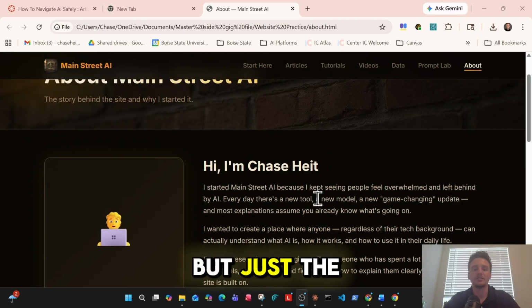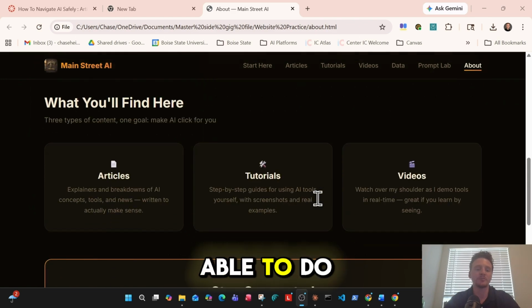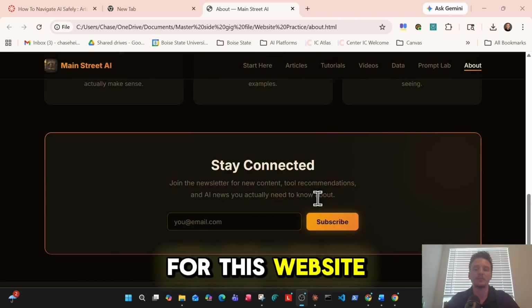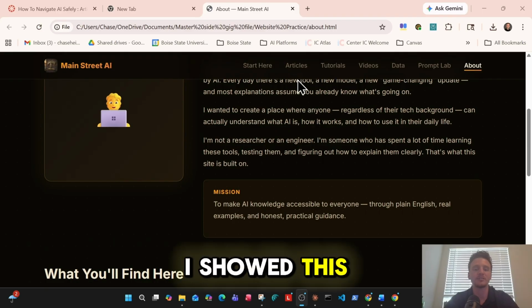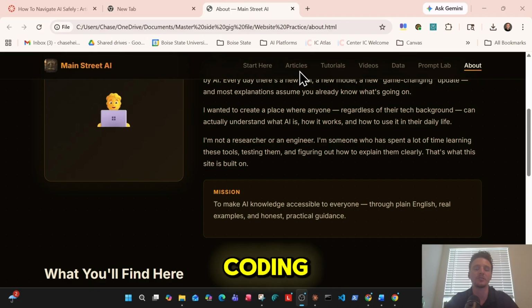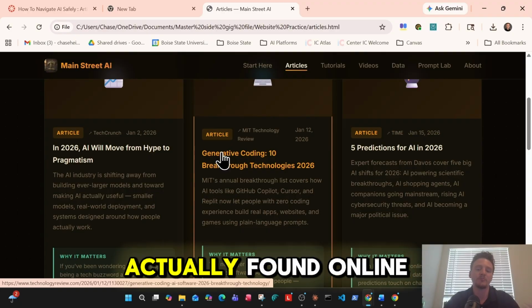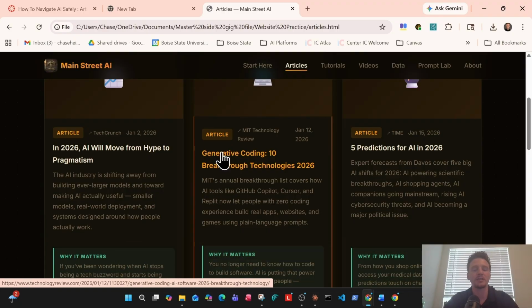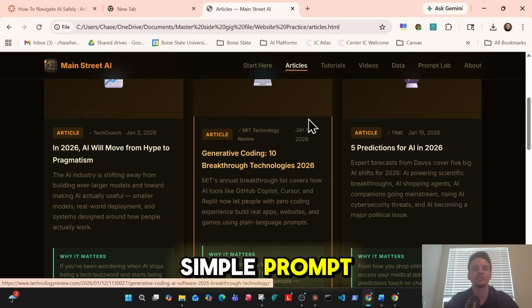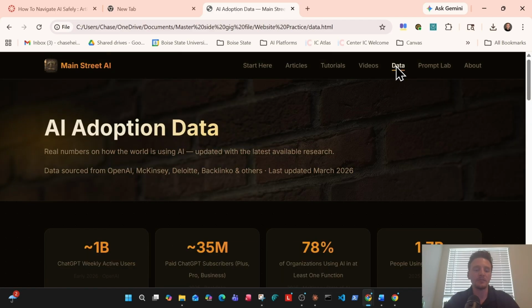But just the amount I was able to do for this website was amazing. I showed this to some of my coworkers who are not too familiar with Claude Code or AI coding. So the biggest thing was the articles. These articles were actually found online and then put into this, all from a simple prompt. The data was another big one.